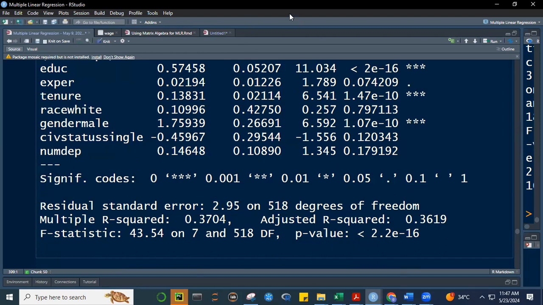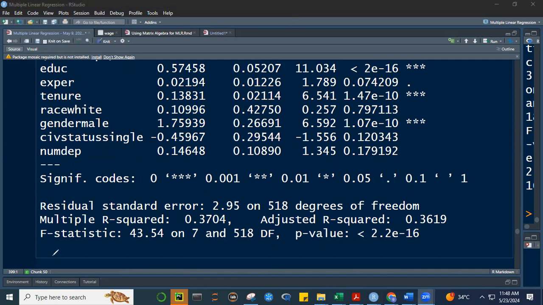This one, let me just discuss while we're here. You have here your F statistic, 43.54, and then your degree of freedom 1 and degree of freedom 2, and then your p-value. So what in the world is this? This is called your analysis of variance test, or the goodness of fit test, or joint test. Why? Because the null hypothesis here